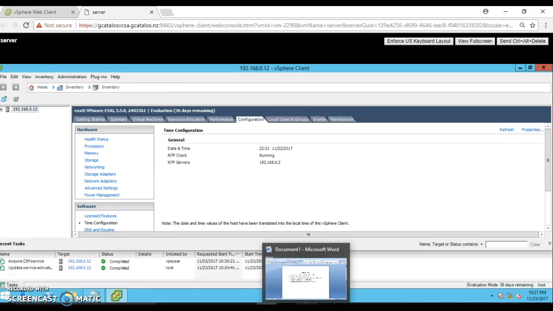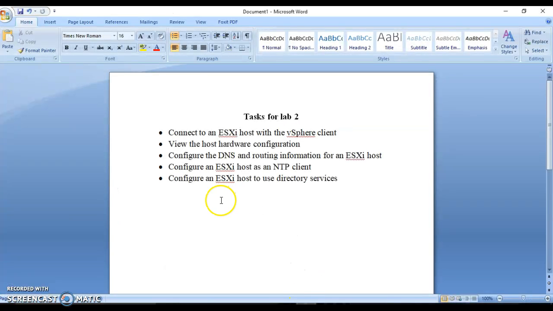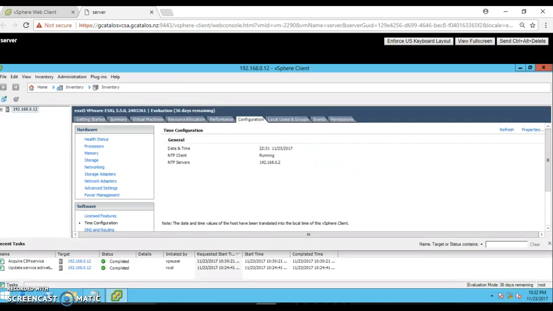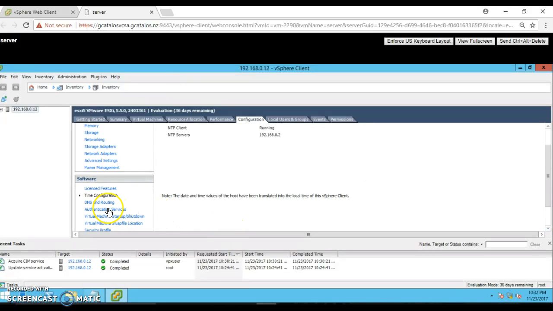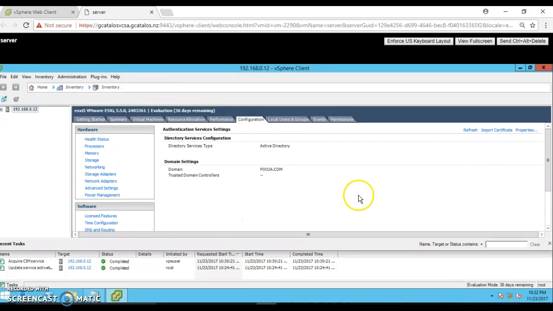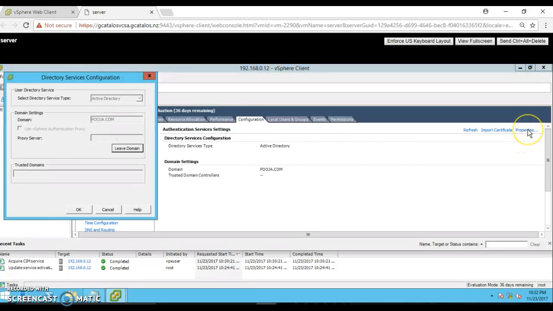Then we will move to the next task, which is to configure an ESXi host to use directory services. For that, go back to the software pane and click on authentication services. This is also configured. I have already configured it, but still we are going to see the steps. Select the properties,